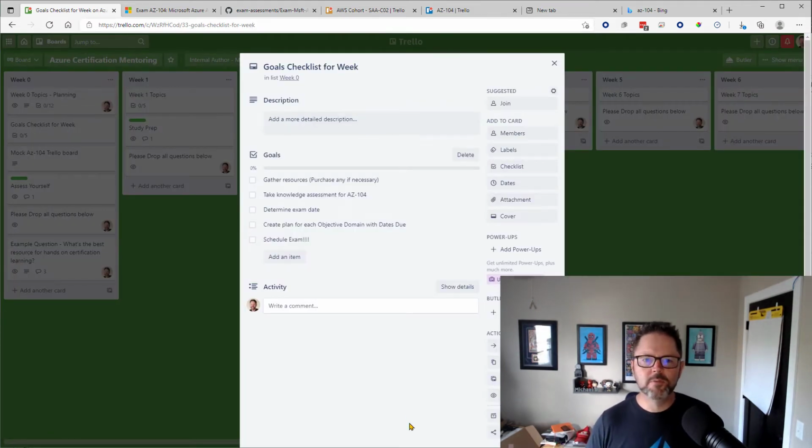So this is super important. The goals for this week are you're going to be preparing and planning for kicking off, starting to study for AZ-104 next week. You're going to gather your resources. You're going to take the knowledge assessment we're going to talk about in a couple minutes. We want to make sure that over the next week, you determine what your exam date is because it's super important